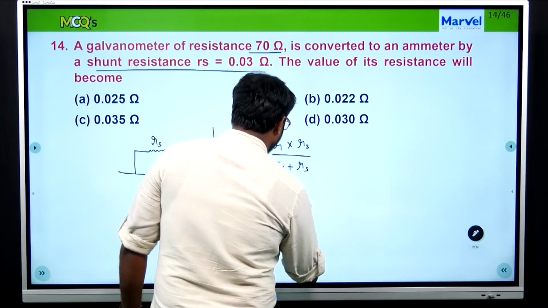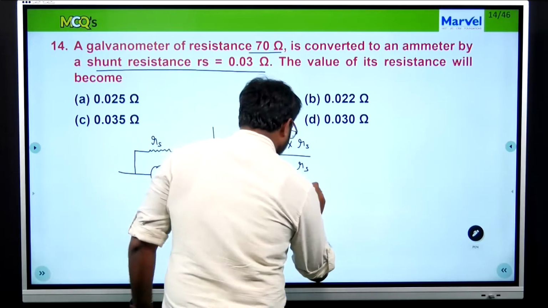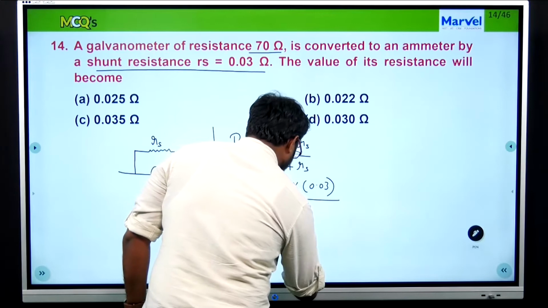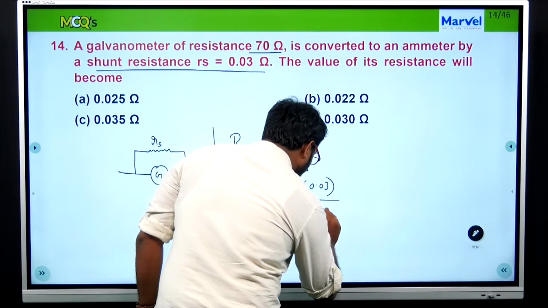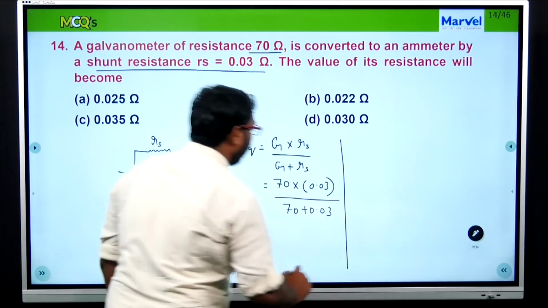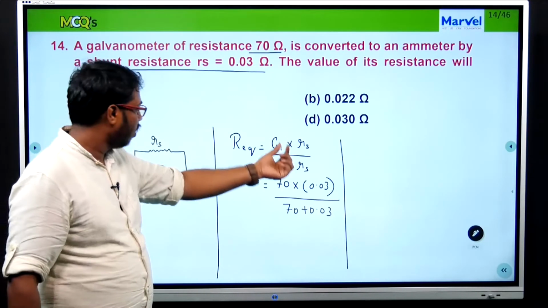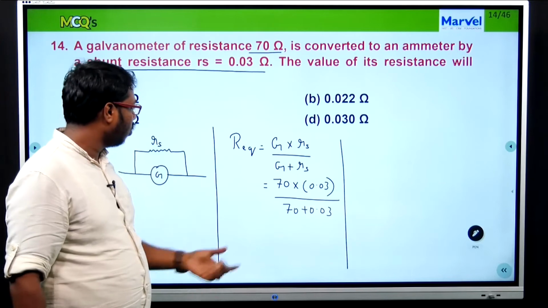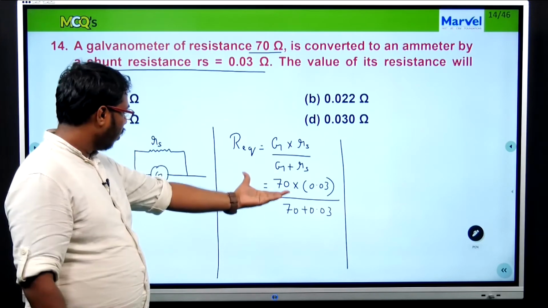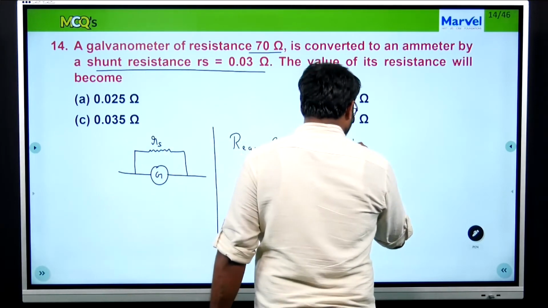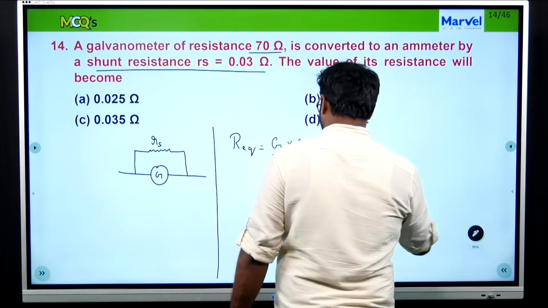70 into 0.03 divided by 70 plus 0.03. G is what is given. The shunting resistance 0.03 is also given, and you have to put everything into the equation to reduce it down. So the R equivalent is equal to